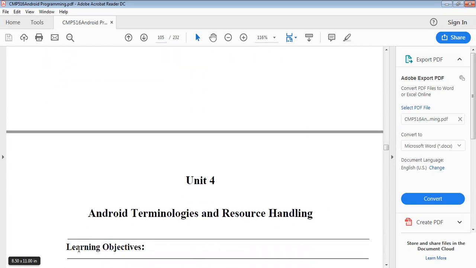In our next lecture, we will start Android terminology and resource handling, as well as Android user interface elements, data storage, and an introduction to SQLite. Content providers and receivers are also presented there. All those things we can discuss in the next lecture. So thank you. Today we can stop here.